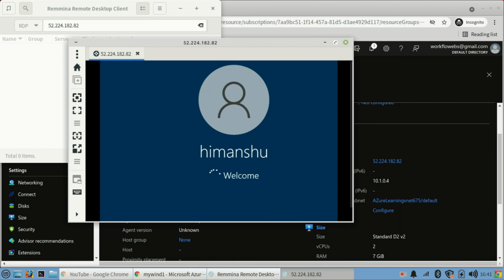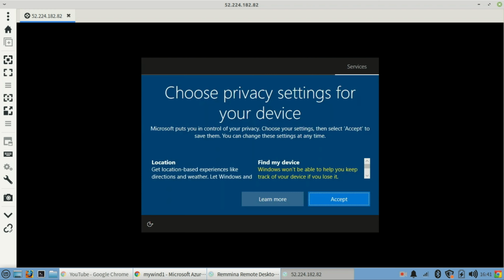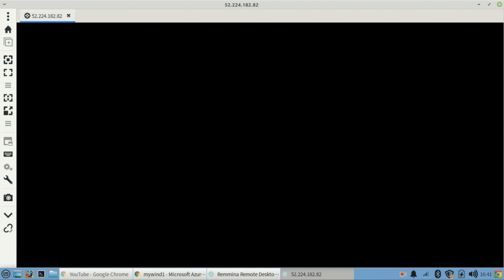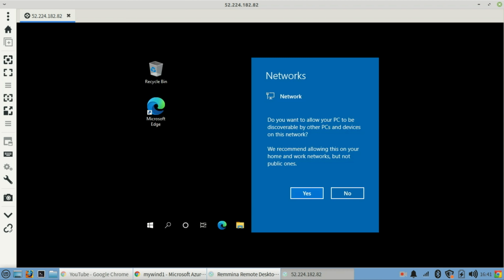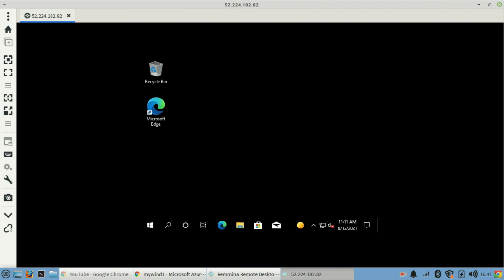As soon as you log in, you can see your Windows desktop coming up. So it will take some time, so I will just select accept. If you want your network to be discoverable, based on that you can use that. So you can see this Windows machine here.